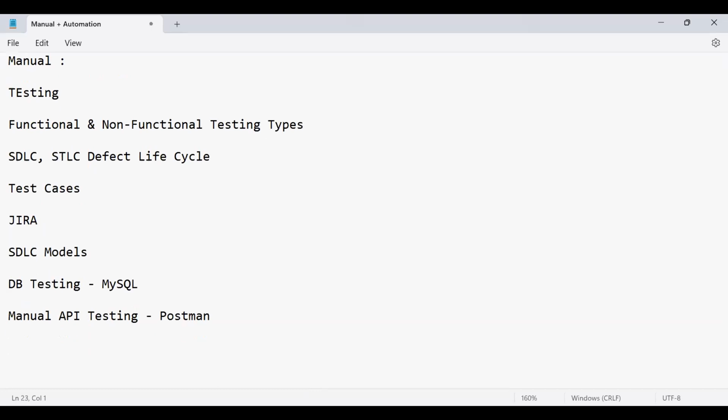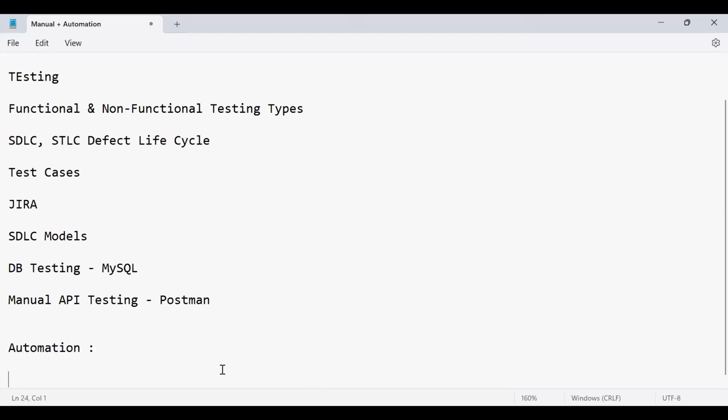And now starts your automation. In your automation, we will be covering core Java first. Why core Java? Before explaining further about core Java or automation, let me explain what we actually